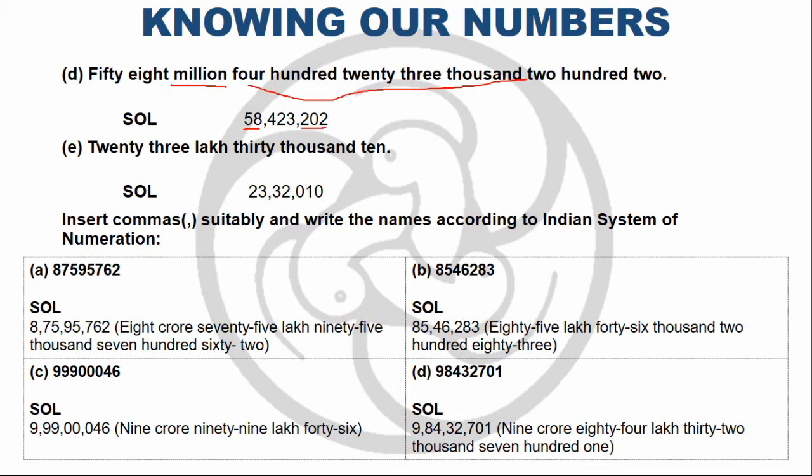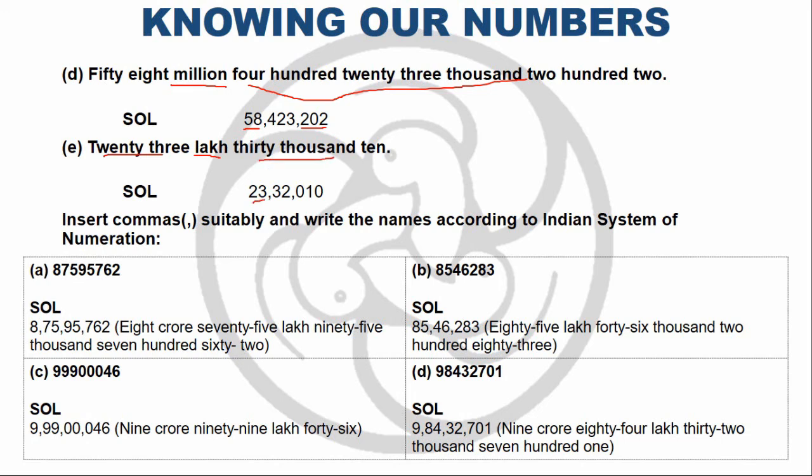Okay. So what is the next number? 23 lakh 30,010. So here lakh is an Indian system. That means after 3 digits we have to put a comma to separate thousand. After thousand we have to put a comma to separate lakh. After 2 digits we have to put a comma to separate the crore. So here it is given as 23 lakh. So that can be written as 23 comma